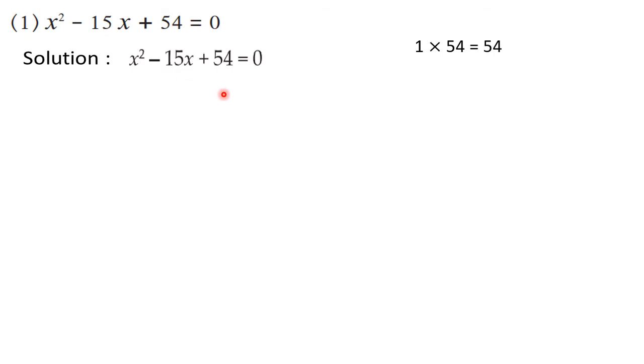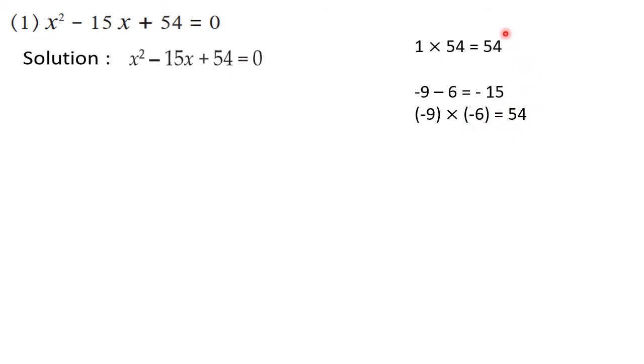Okay. So if you think, you will find that 54 is there in the table of 9, or you can say that 54 is there in the table of 6. 6 nines are 54 or 9 sixes are 54. And 9 plus 6 is 15. So I got the two numbers 9 and 6. But now I have to decide the sign of these numbers. So again I will observe the middle term. Since the middle term is negative, both the numbers will have negative sign. See, minus 9 minus 6 is going to give me minus 15, and minus 9 into minus 6 is plus 54.